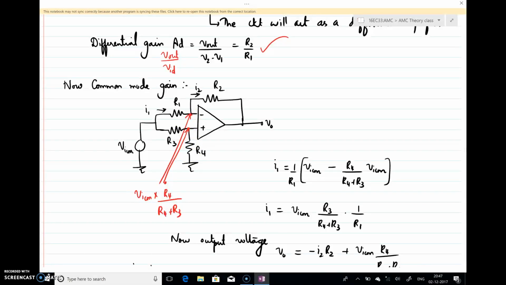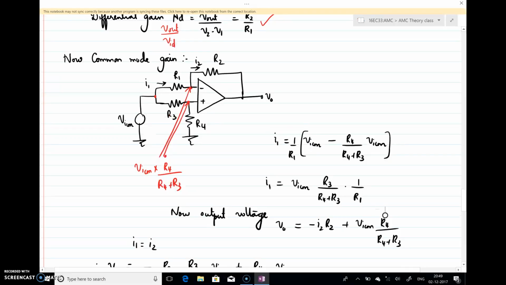Now the current I1 here is VICM minus VICM into R4 by R3 plus R4, divided by R1. The output voltage for the circuit is the voltage from this point to ground, that is the voltage across R2